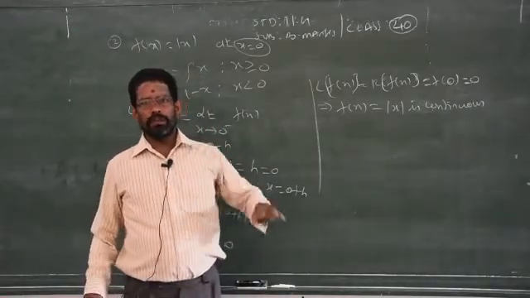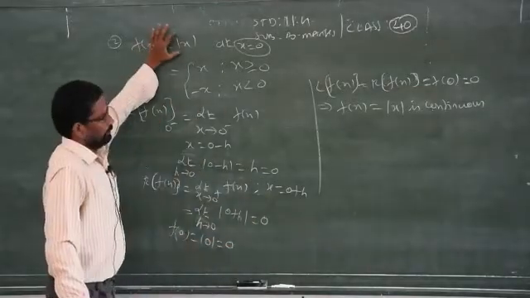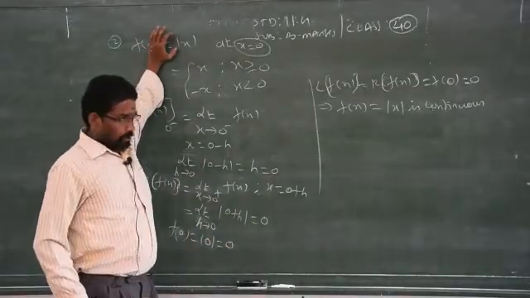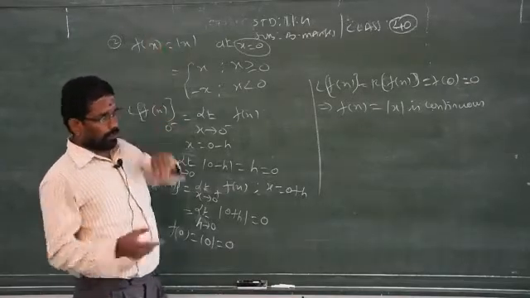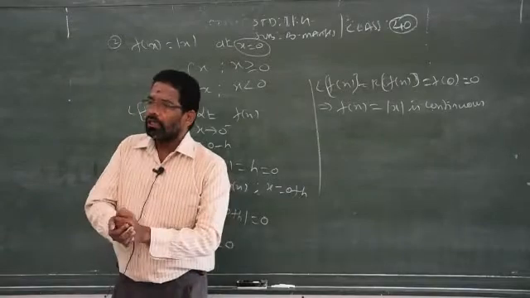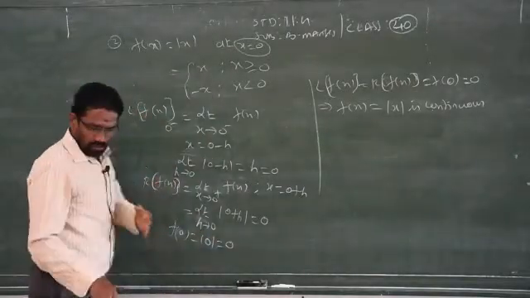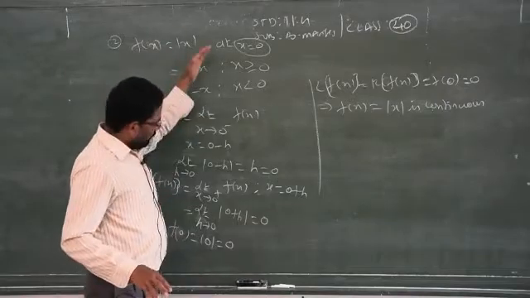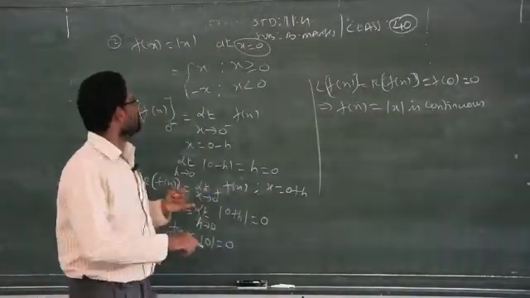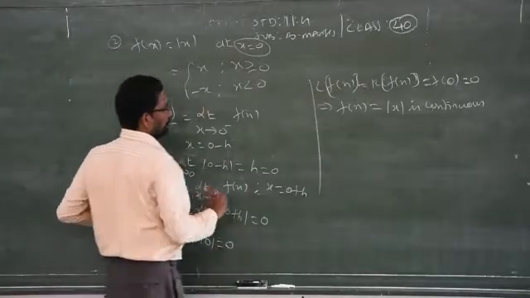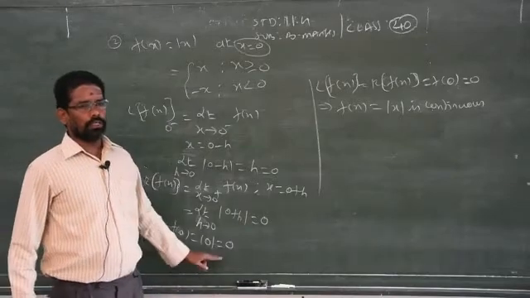So a continuous function may not be differentiable. So you cannot differentiate modulus of x. Clear? So a function may be continuous at the given point, but may not be differentiable at the given point. That is one concept. So based on that concept, maybe the given function is continuous. To prove continuity, you must prove the left hand limit and right hand limit are both equal, along with the f of x also the same.